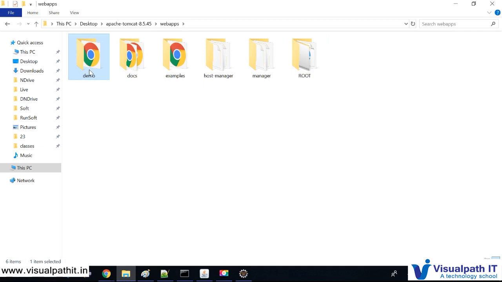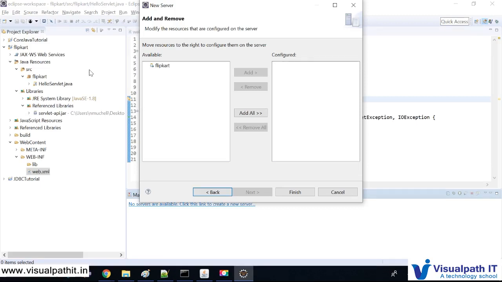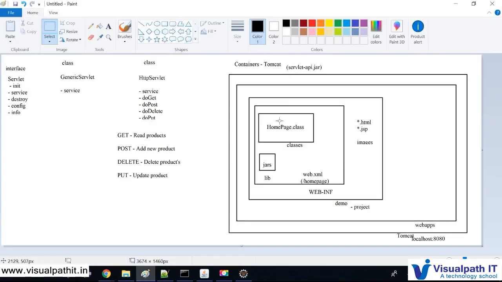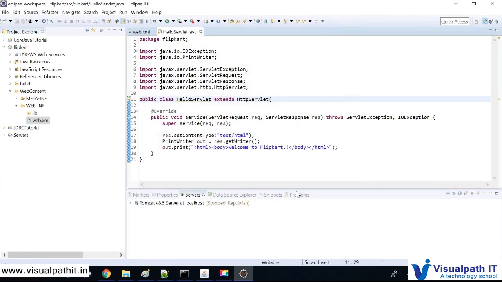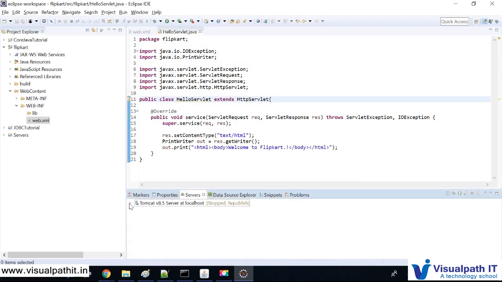First, once we have created all the folder structure, we copy it to the Tomcat container within webapps, which is the same step here. It's asking whether you want to copy this Flipkart to Tomcat webapps or not. So I just want to add it and click on finish. Now your Tomcat is listed over here, and it will show what applications are installed within the Tomcat